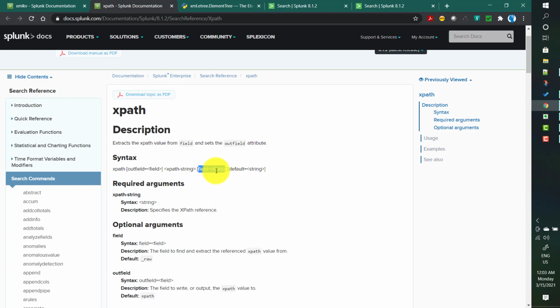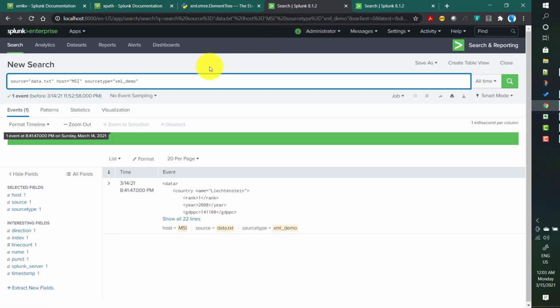By default it applies to _raw. If the XPath string is not extracting any data, then you can give a default value as well, which will be the default value of that field when nothing is extracted. For example, let's say I have this particular event.